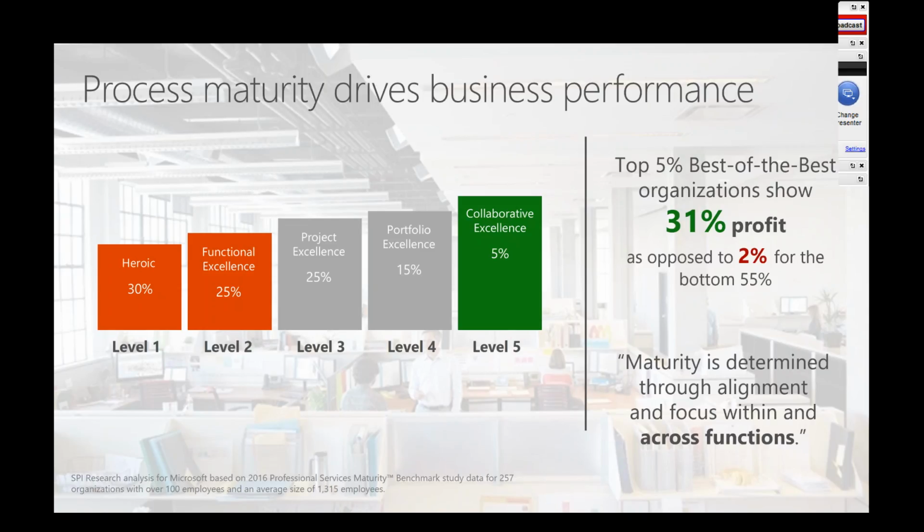Moving that up to functional excellence, internally you start working on things as teams and at least get things done through informal relations within an organization. 55% of the organizations seem to be in this realm. As you move up through project excellence, portfolio excellence, and then collaborative excellence, you get increasingly better returns